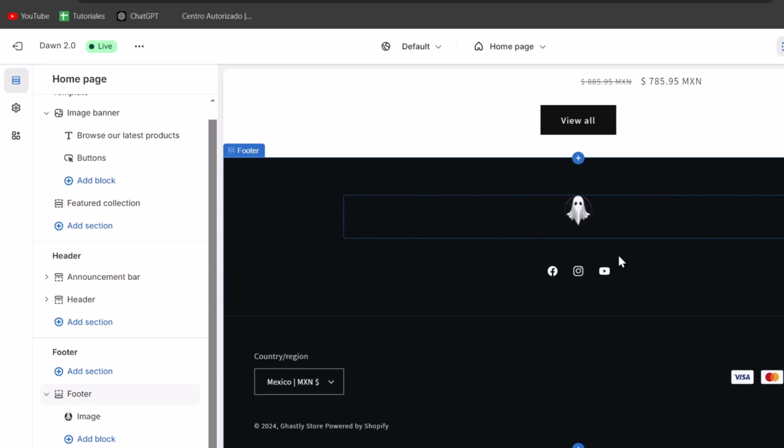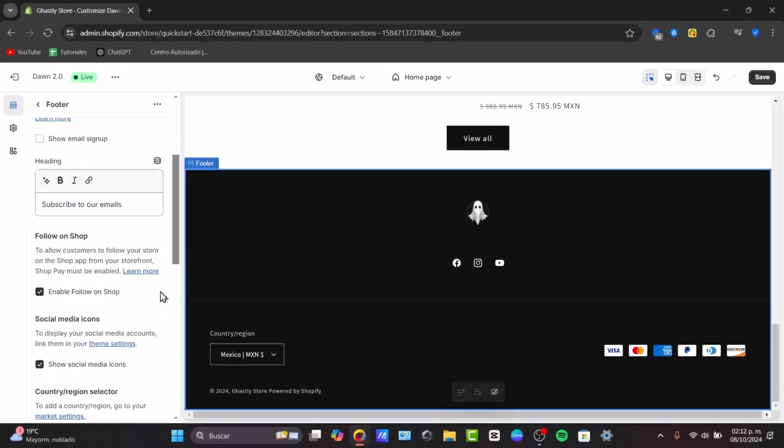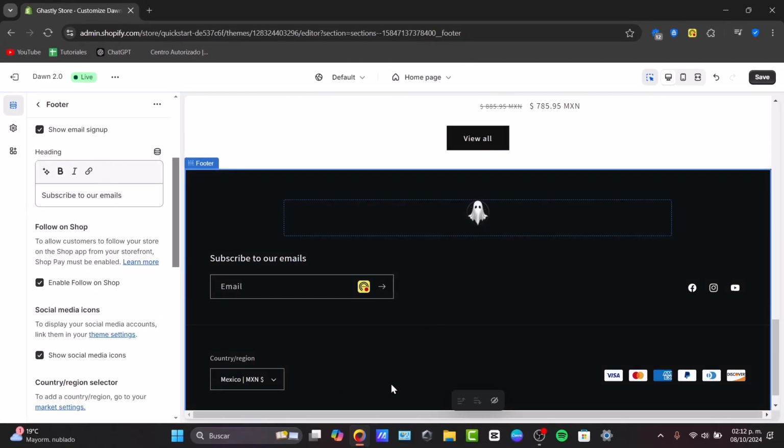You can also add custom content to the footer, like your store logo, trust badges down here. We can delete, show what you want to do. For example, show the email signup,